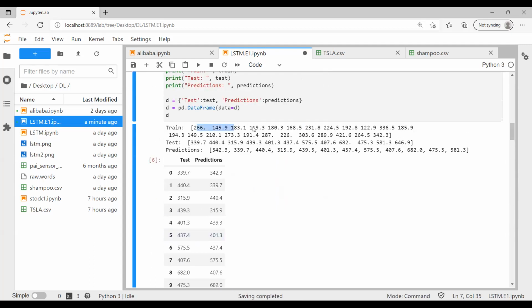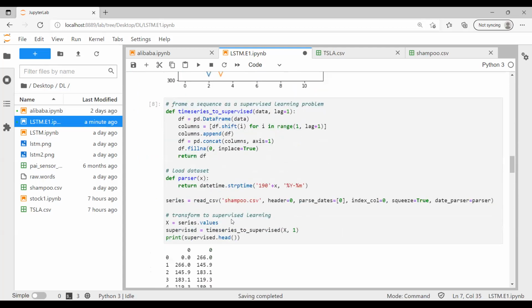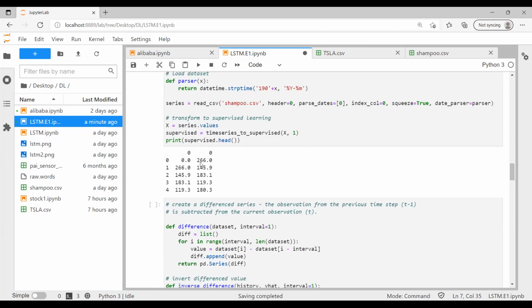जैसे ये जो ओरिजिनल ट्रेनिंग सीरीज चल रही थी, एक तो उसी सीक्वेंस से चल रही है। The other series is the shifted series, बल्कि this is the original series 266, 145, 183, and the first column is the shifted series which is shifted 1 timestamp before. सही है, तो ये हमने उसको पीछे शिफ्ट कर दिया। 145 जो है वो you can see here के 266 shifted here, this shifted here, this shifted here, ठीक है। So obviously